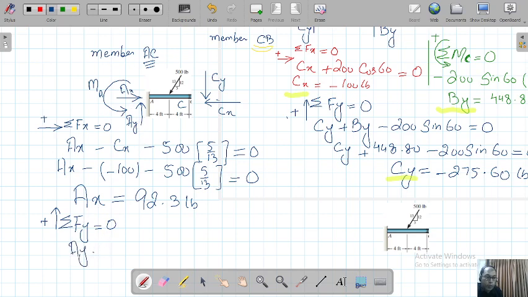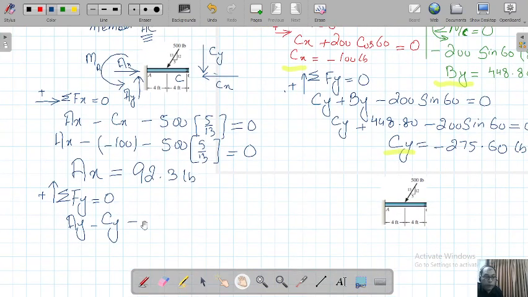Then Cy is going to be a negative value, minus Cy. Ay minus Cy minus, what about this 500 force vertical component? It will be minus 500 into 12 upon 30 is equal to 0. So you do not know Ay,